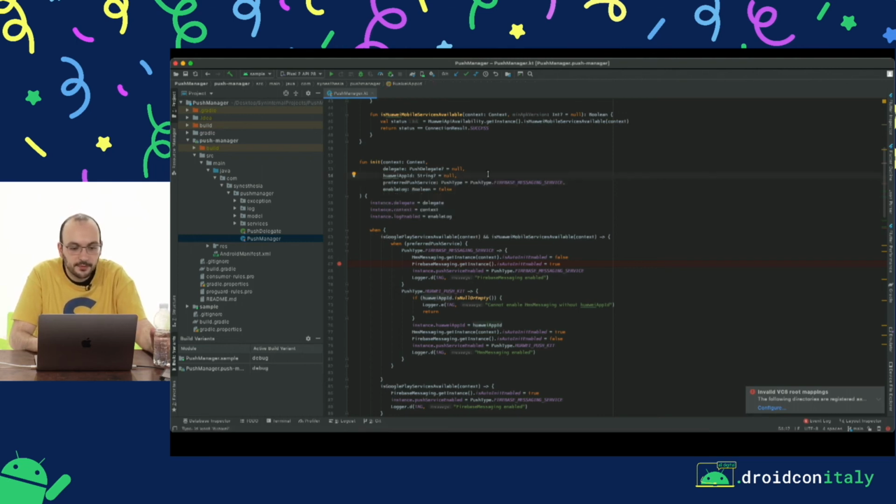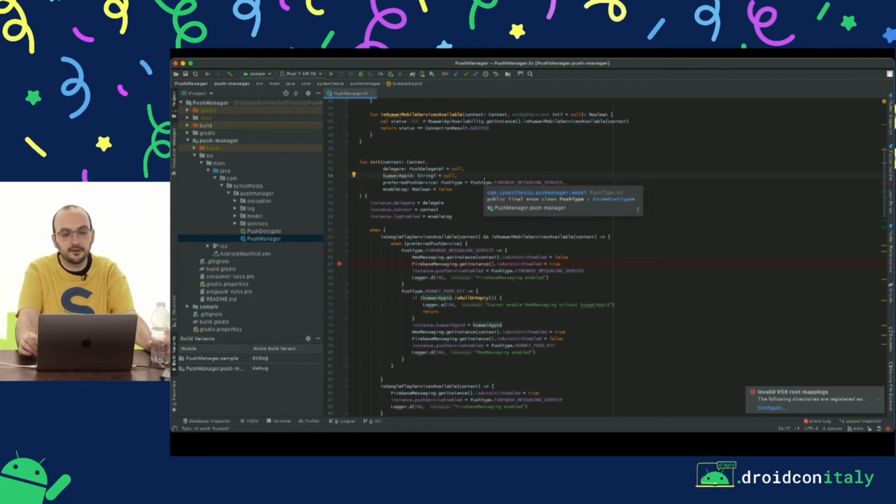The Huawei App ID parameter is not mandatory, but it's mandatory only if we want to retrieve the current push token at runtime, only for the Huawei part. And the last